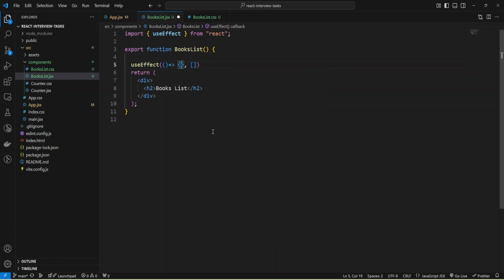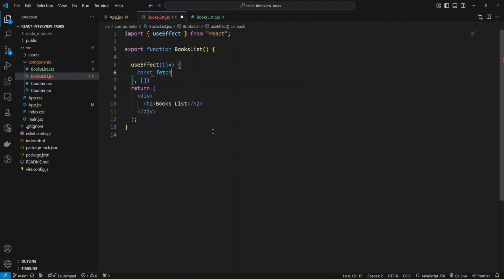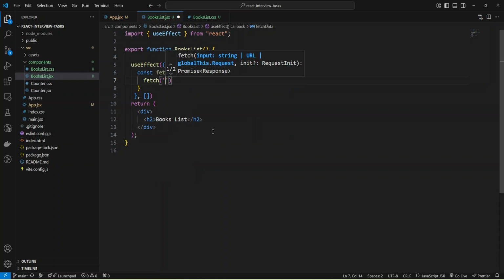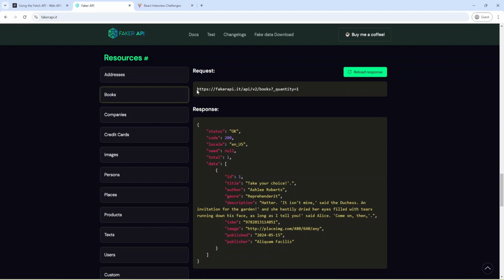And now I can implement my function, and I'm going to add a new function for fetching data, fetchData, and I need to use async because I'll use await inside the code, and I'll use fetch, and I need to provide input, and it will be a URL, and let's check our endpoint.